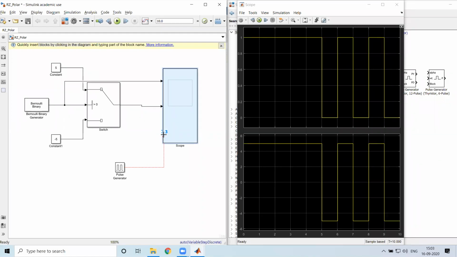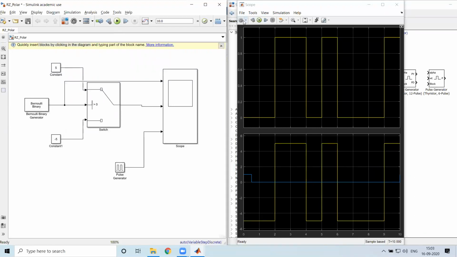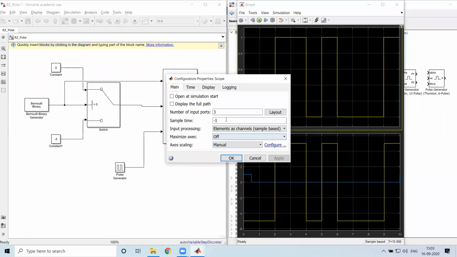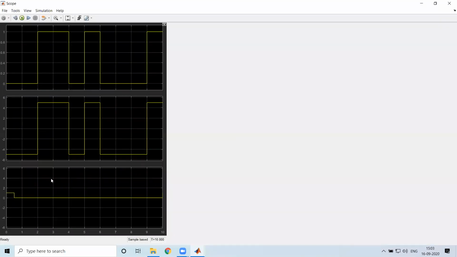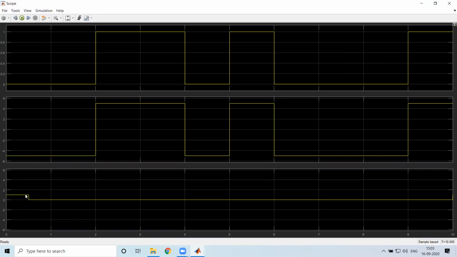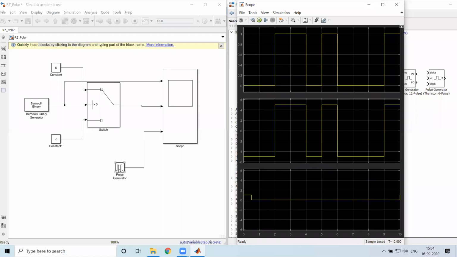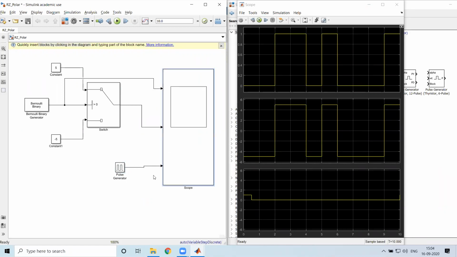I'll drag and take the third port. I have just connected it and am seeing what is there in the pulse. We can see that this is the only generated signal in this case. The pulse is generating only this, that is, during 0.5 second it is on. Now, what I should do in order to use this pulse, there is some usage of this pulse. For that purpose we have put it in. So here what I want to do is,